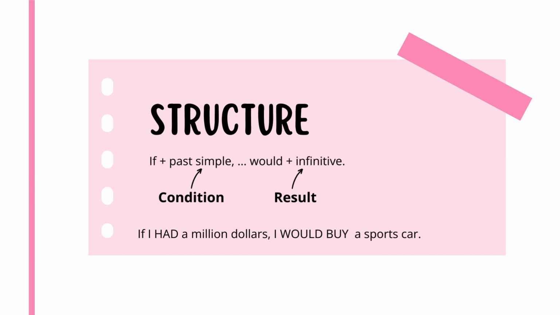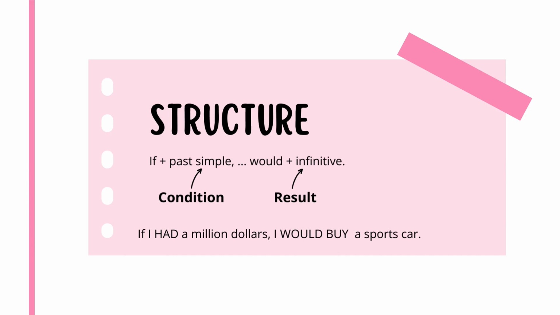The structure of a second conditional sentence is simple. It is conformed by two clauses, the condition and the result. The condition in a second conditional sentence must be stated in the past simple. Look at our example. The condition is if I had $1 million. If I had, the verb had is used in its past form. If I had $1 million, that is an unreal condition for me because in the present I don't have $1